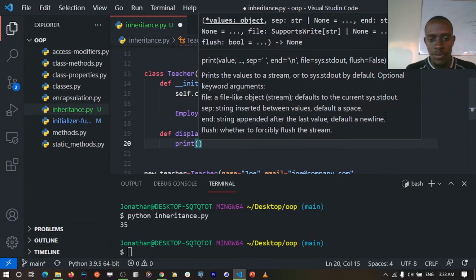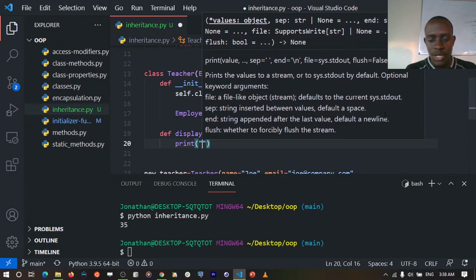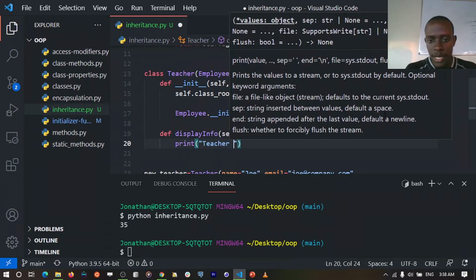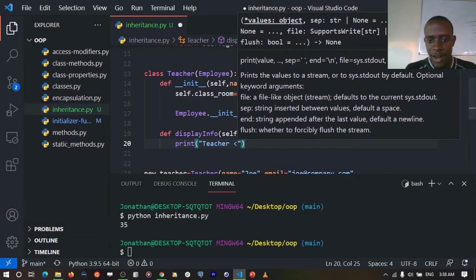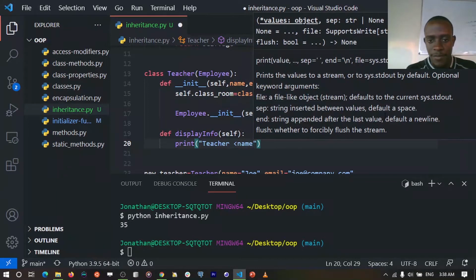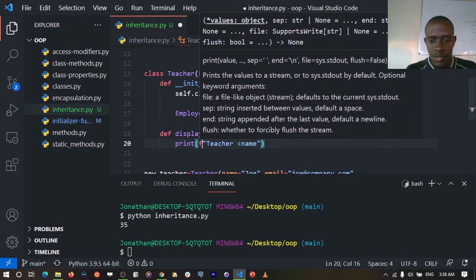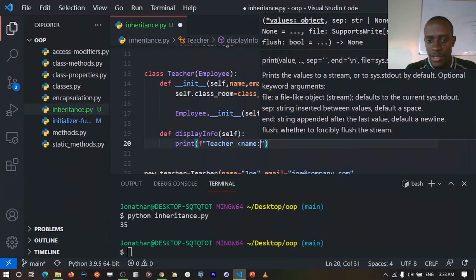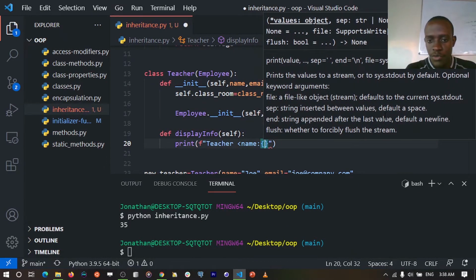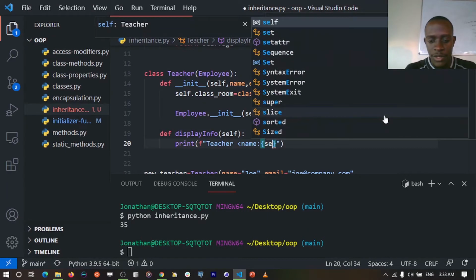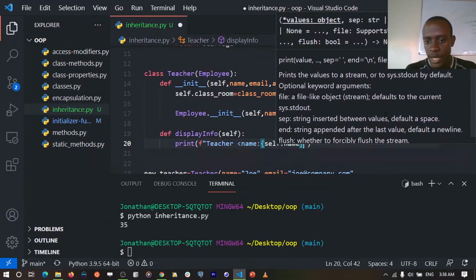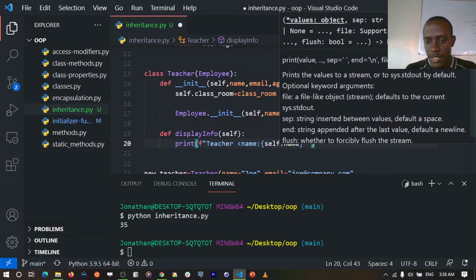So I'm going to print teacher, and we shall pass in the various attributes that teacher has. So we shall say name. So I'm going to make this an F string. So I'm going to press an F here and then pass in the various variables we may want to print in this string. So I'll say self dot name,